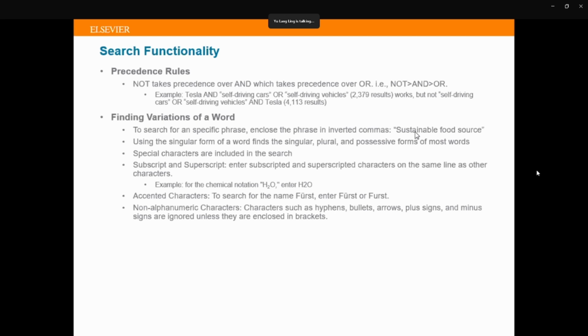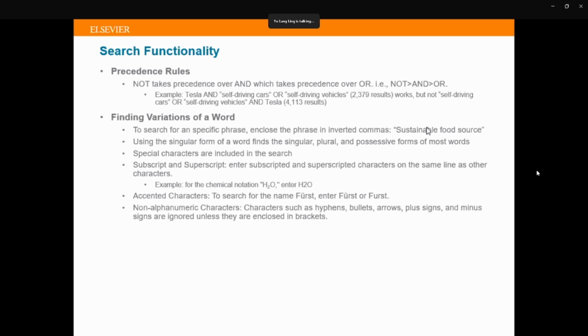As a phrase means that all these words must appear together, or very close together, normally within the same sentence. So when you search for a specific phrase by enclosing it with inverted commas, or we call it quotation marks,